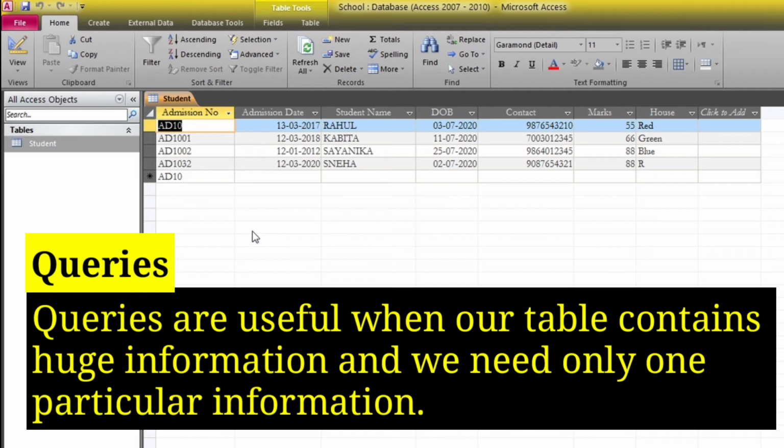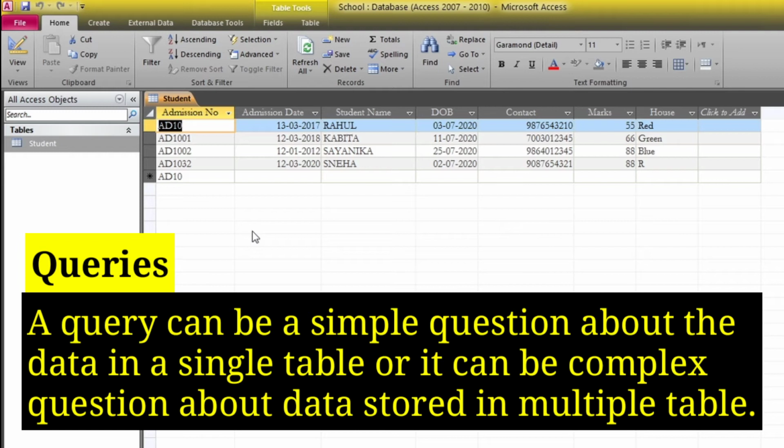So in Access 2010, query is a question that you can ask about the data stored in a table. The query can be a simple question about the data in a single table. It can be a complex question about data stored in multiple tables, where here we shall work with simple query based on single table. Simple query means, suppose I need the information of roll number 101. I need all the information, then it is known as